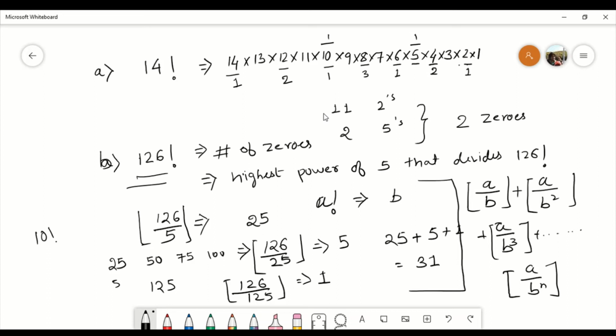So in this case, if we further divided it by 625, it would become 0, right? Because we are rounding downwards, so that would become 0, and then we would stop. So in this case, we'll stop, and then we'll add all of these things, and that will give us the maximum power of b that will divide a factorial,